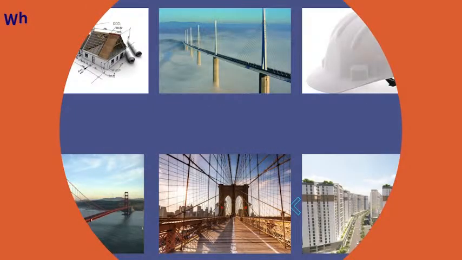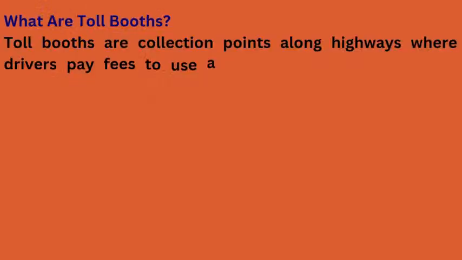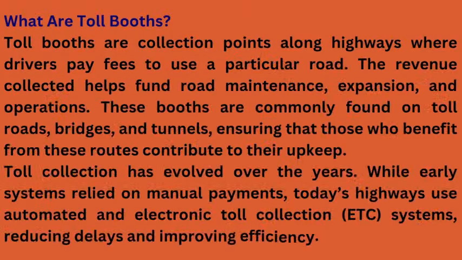Toll booths are stations along highways where drivers pay a fee for using a particular road. The revenue collected helps fund road maintenance, expansion, and operations. These booths are commonly found on toll roads, bridges, and tunnels, ensuring that those who benefit from these routes contribute to their upkeep. Toll collection has evolved over the years. While early systems relied on manual payments, today's highways use automated and electronic toll collection (ETC) systems, reducing delays and